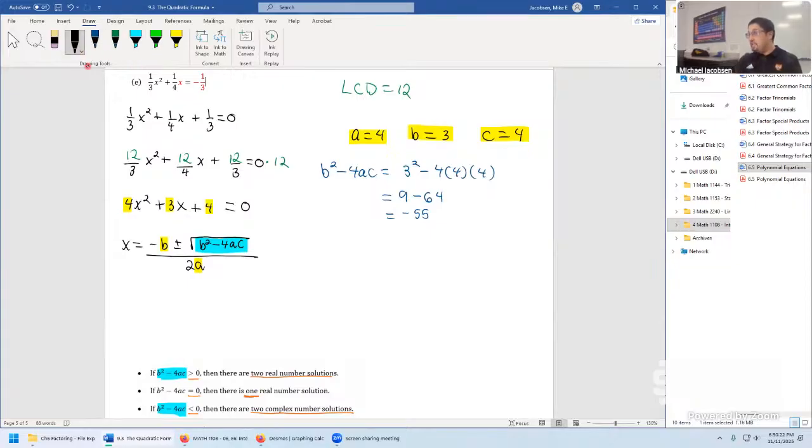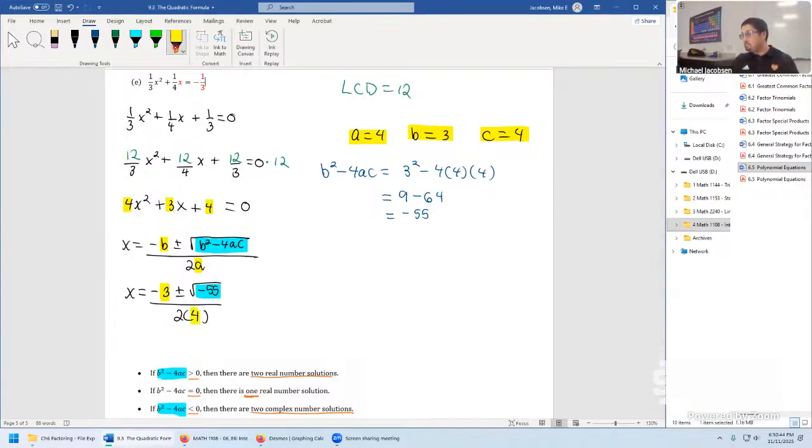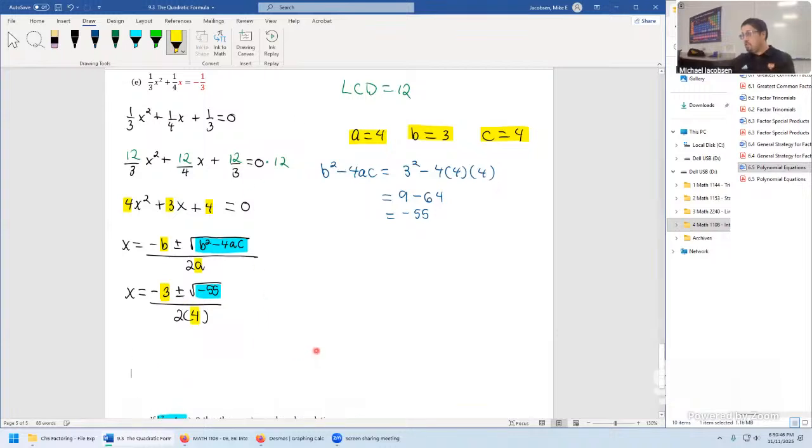In our next substitution step, we have x equals negative b, so that'll be a negative 3 in this problem for b, plus or minus square root of negative 55, divided by 2 times a, and our a value is a 4 this time. Let's move that out of the way as we go to simplify this. Once we get down to here, we're just about home free, but we do have to simplify this as much as possible. This becomes negative 3 plus or minus